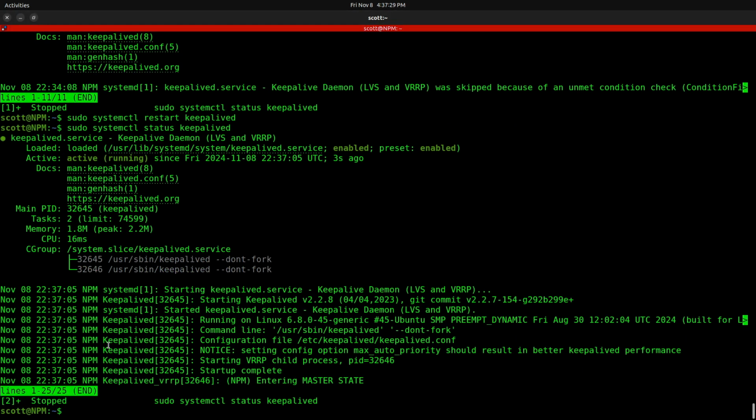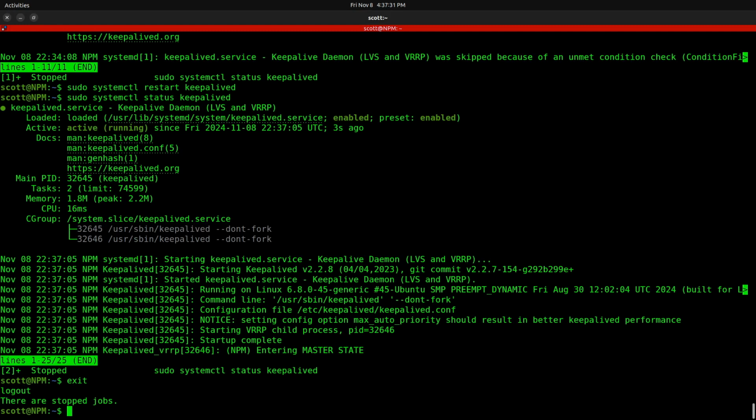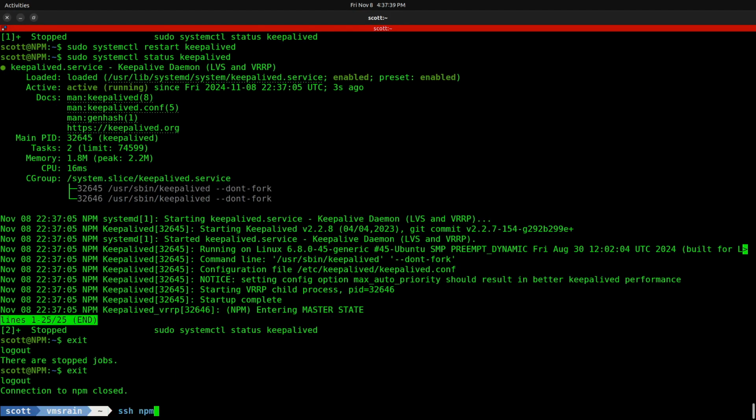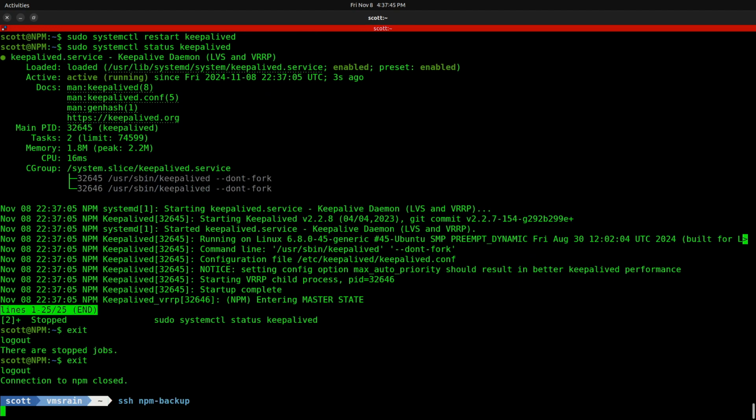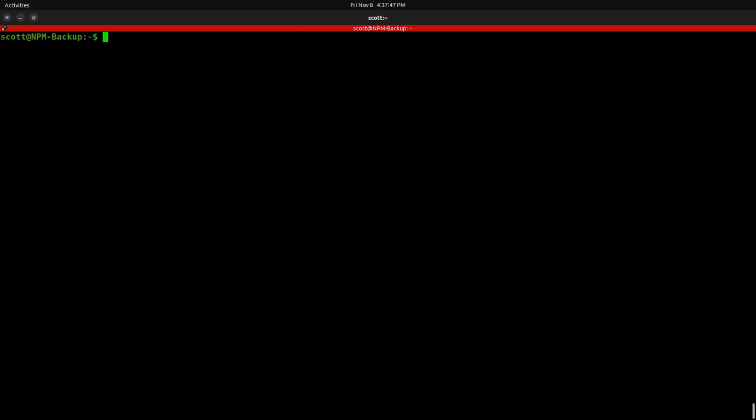Now let's go ahead and exit out of the NPM node, and let's go sign on to, well, let's see, we're not quite exited out of the NPM node. And now we're going to go ahead and connect back over to npm-backup. And we're going to do a similar thing here on